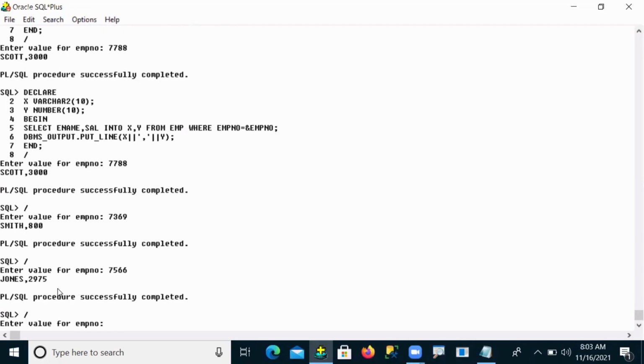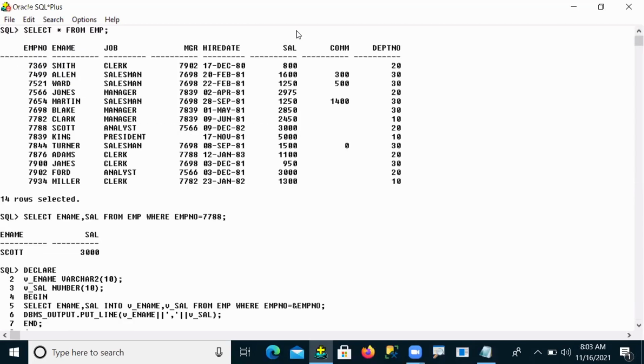Suppose I enter 1122. But tell me guys, is there an employee 1122 in my table? Employee number 1122 is there in my table? In your table is 1122 there?